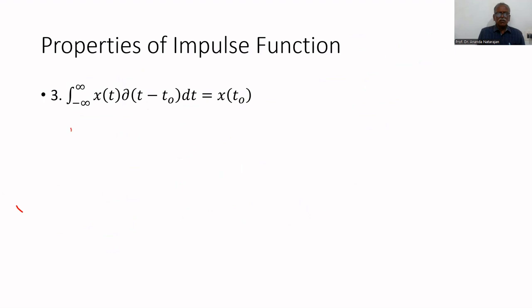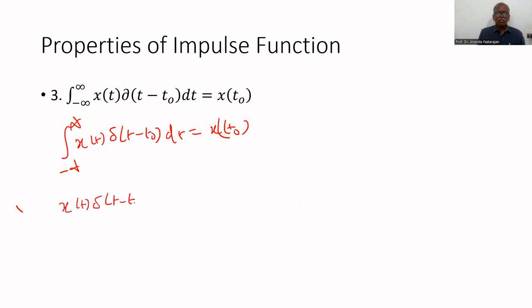Integral from minus infinity to plus infinity of x(t) δ(t − t0) dt equals x(t0). To prove this, we already know the second property: x(t) δ(t − t0) equals x(t0) multiplied by δ(t − t0). So we can say that